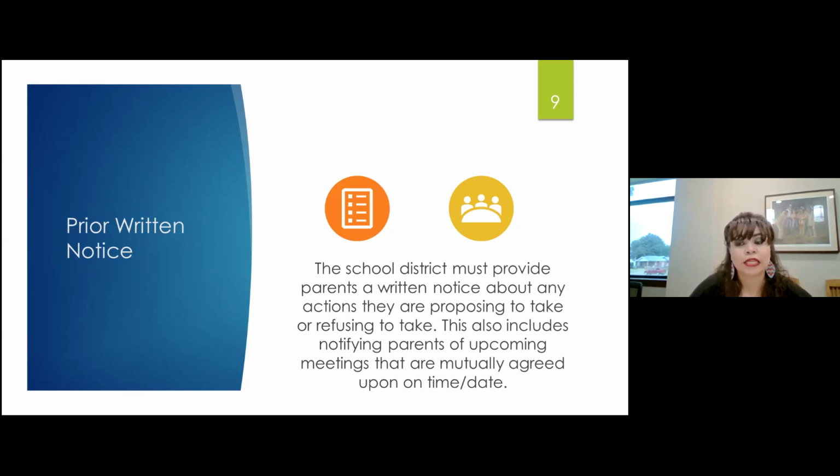When you make a request and the school says no, if you make the request verbally, and the school tells you the answer verbally, please make sure that you ask for that prior written notice, asking for them to include exactly what they said to you. This is an important piece of your procedural safeguards, and probably one of the most underrated components of it that we sometimes as parents forget to ask for. So know that anytime the school is proposing or refusing something, they have to give this to you in a prior written notice. And please keep all of those notices in an IEP binder, file, or whatever that may be.